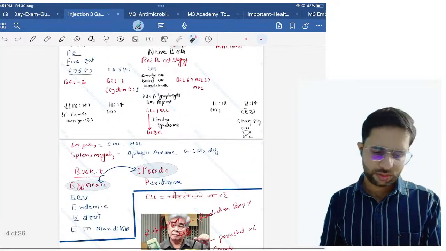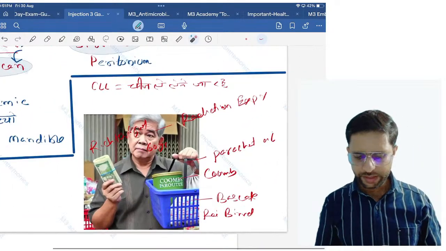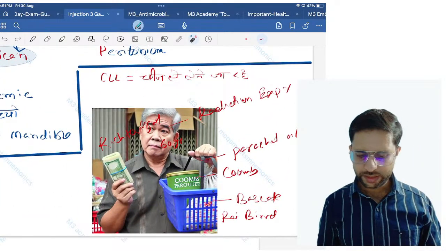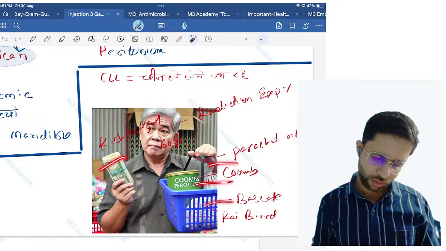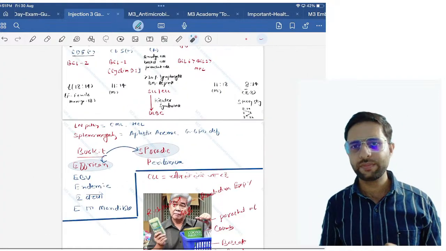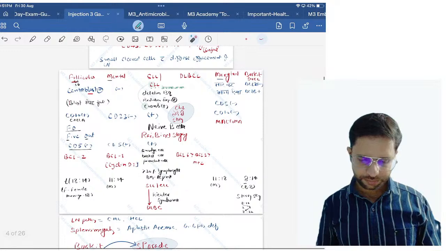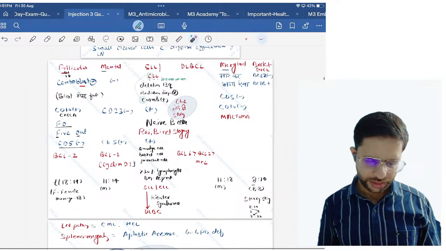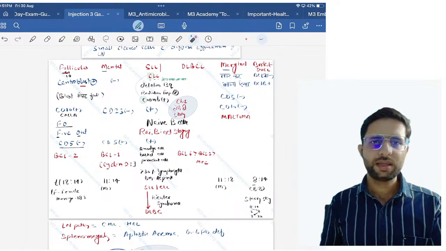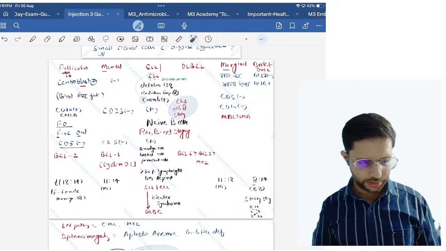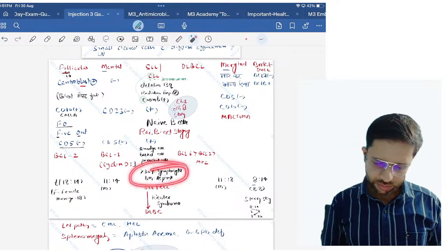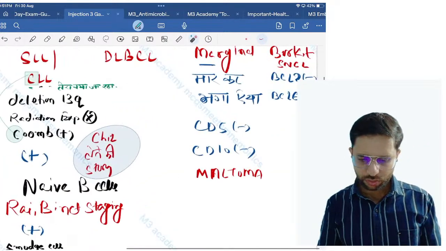तो CLL और SLL की ये स्टोरी है, फोटो से याद कर सकते हो, यहाँ पे रेडिएशन से एक्सपोजर नहीं है, बास्केट है, पैराशूट है, कॉम्ब है, पैसे हैं, रिचनेस है, यस। तो ये सब कुछ है यहाँ पे। और एक और इम्पोर्टेंट चीज़ है कि CD23 मेंटल में नहीं था, बट यहाँ पे वो पॉजिटिव मिल जाता है। और more than 30% lymphocytes बोन मैरो एस्पिरेट में आपको मिलती है, यस।